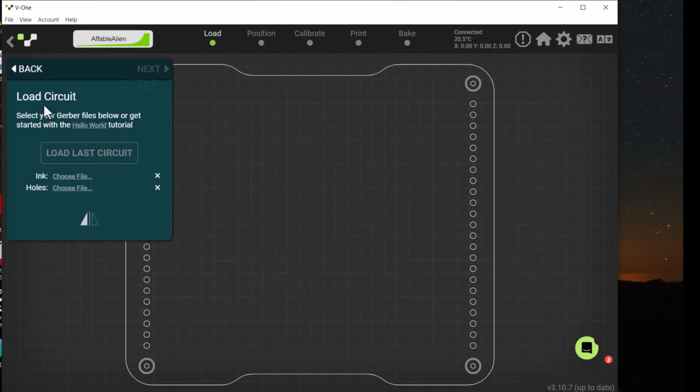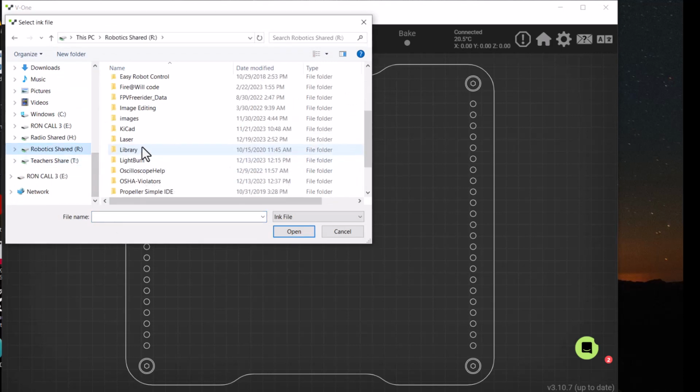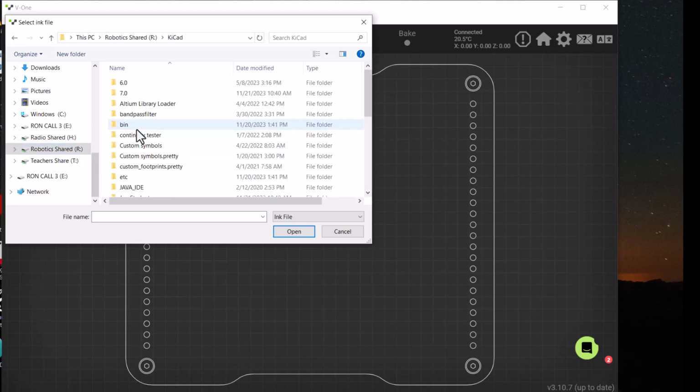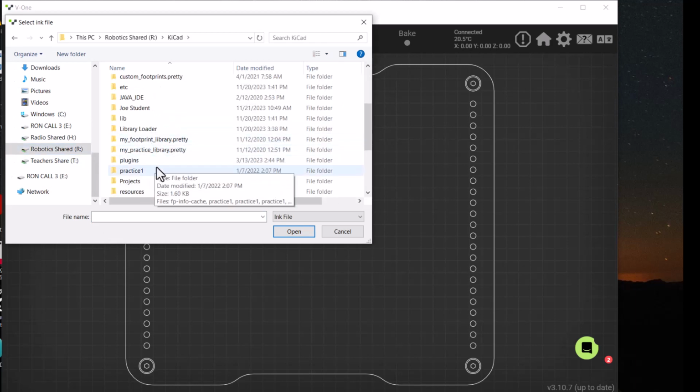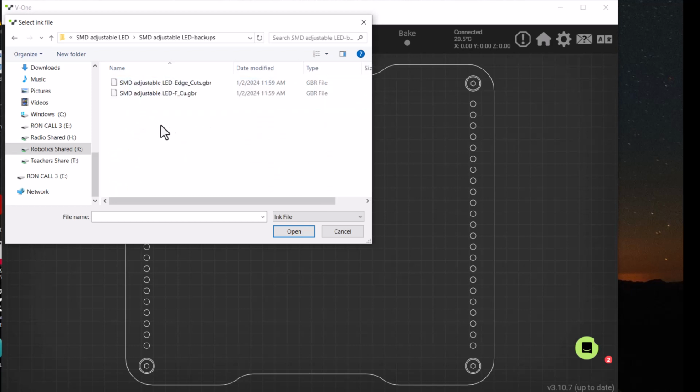Now we want to load a file. We're going to go down here to ink, say choose the file for the ink. So we'll click on choose and navigate to where our file is. Again, for my students, go into the R drive, scroll down to the KiCad folder, and then find your own student folder, in this case Joe Student, and we want to load the name of our file and then the